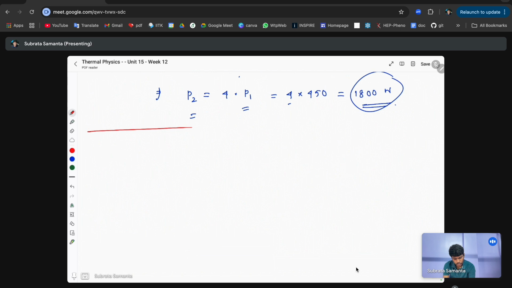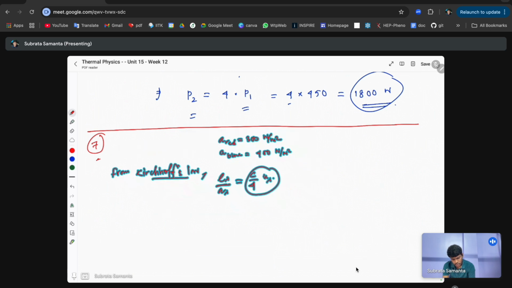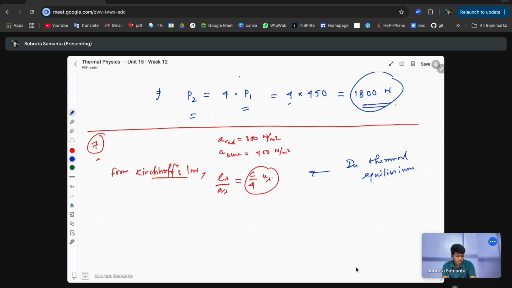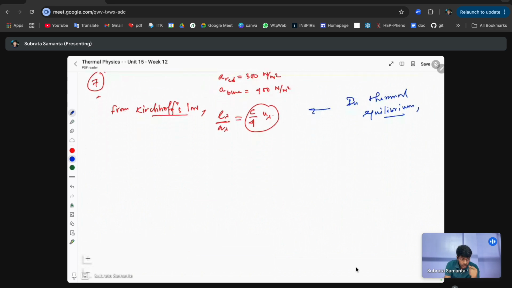Okay, so this is problem number 7. So this came from the fact that in thermal equilibrium, your P, the radiant power for absorption, equals P emission,